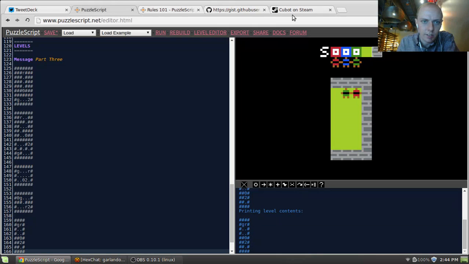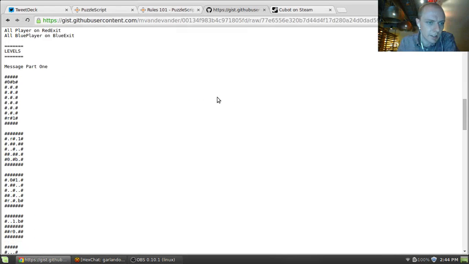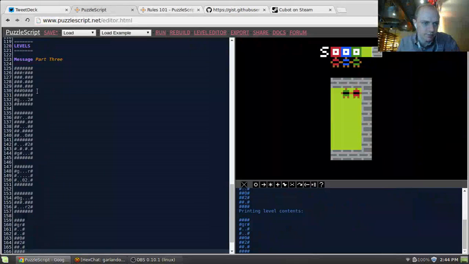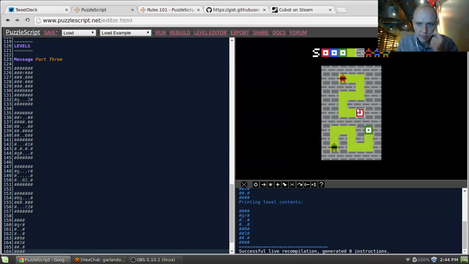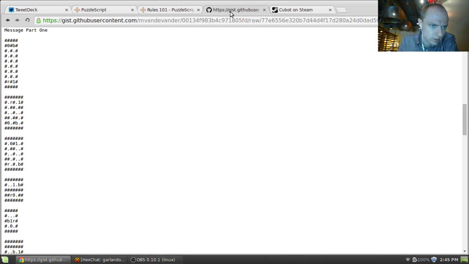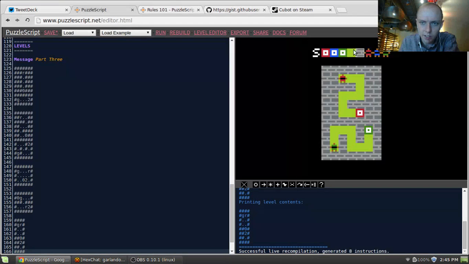Let's try out some other things. Let me look at what I had for the other game and see what levels. Well, I did have one that was like a variation on this, didn't I? So I probably should do that. Where instead of this, I had this. I assume this would behave the same way, probably, though. Where I think it was like this, actually. Where